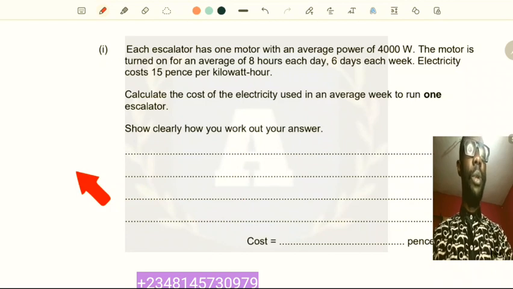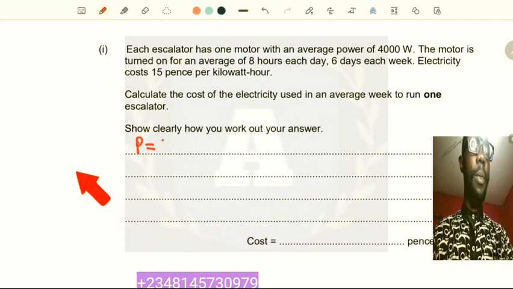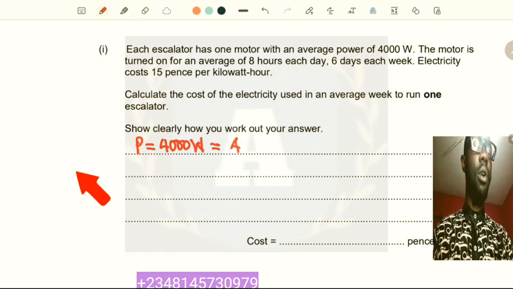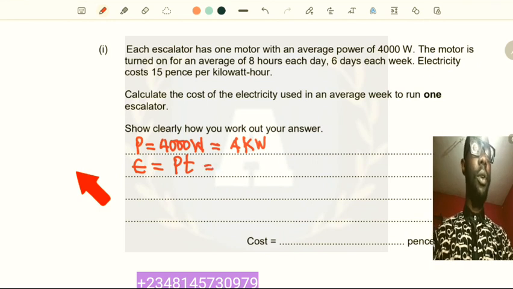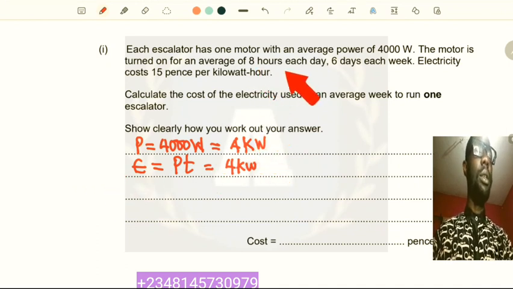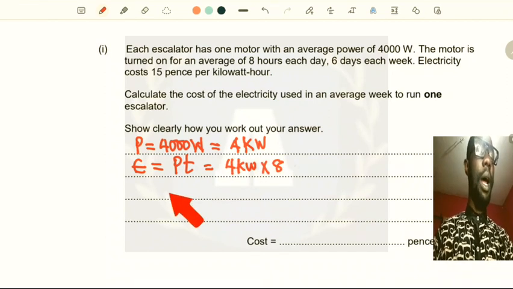We have been given the power, which is 4,000 watts. We need to convert this to kilowatts, which is equivalent to 4 kilowatts. Then we know that energy is the product of power and time. So the power is 4 kilowatts, and you multiply that by the time, that is 8 hours in 6 days. So multiply by 8, multiply by